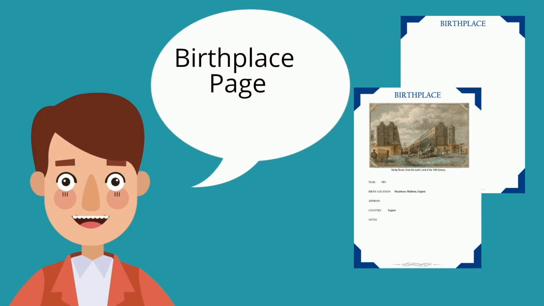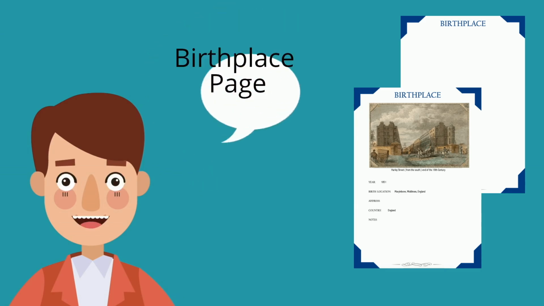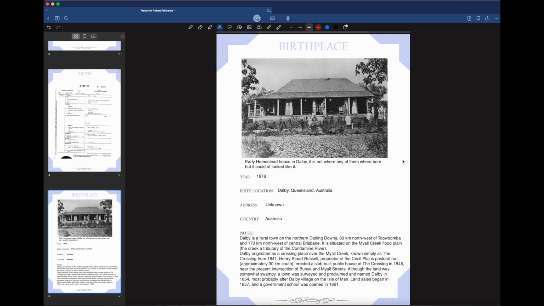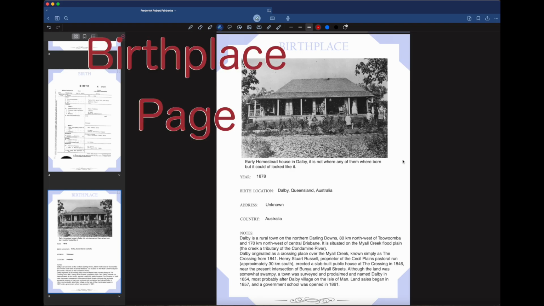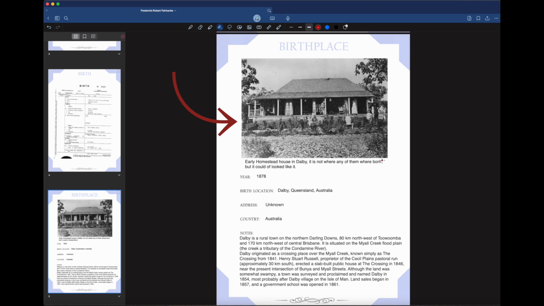Page number 3, Birthplace Page, is where you put all the information about the birthplace of your ancestor. This is the birthplace page of Frederick. Now I've put a picture of a house. It's not their house, but it could have been like their house where they were born. The year was 1878, and the place, the birth location, and in the notes I've put a bit of information about